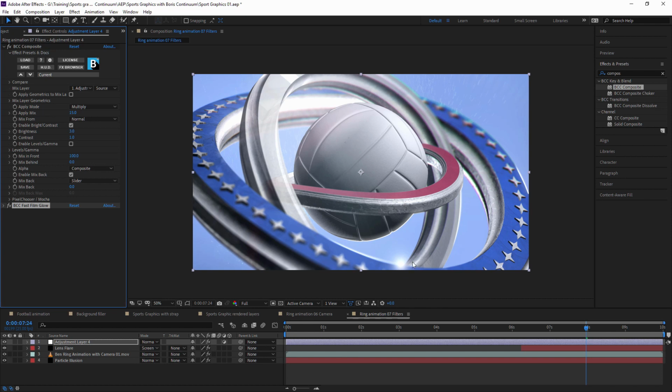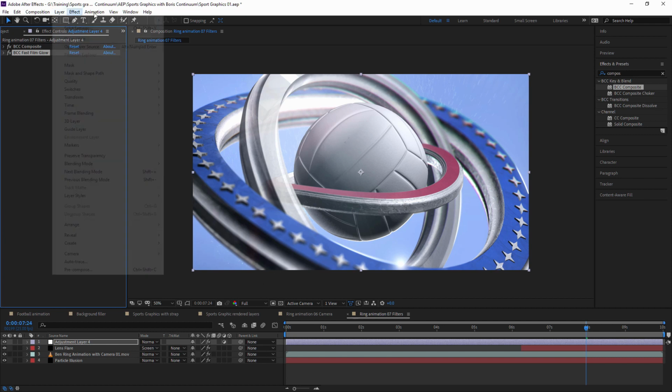Now I could do a little bend special and do 2 bits of glow, one on top of each other, to really kind of boost that out. But actually, we just need something nice and soft in the background, because remember, we're going to have an information strap over the top of this in just a second, so that's going to be fine.